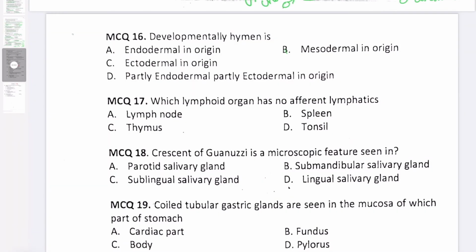Question number 17 is, which lymphoid organ has no afferent lymphatics? Lymph node, spleen, thymus, tonsil. The answer here is tonsil. Now, when you mention tonsil without any prefix or suffix, we assume we are talking about the palatine tonsils. If you're talking about the oral aperture,